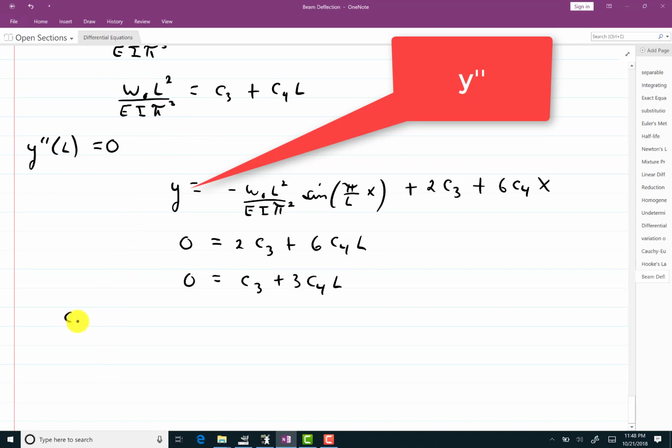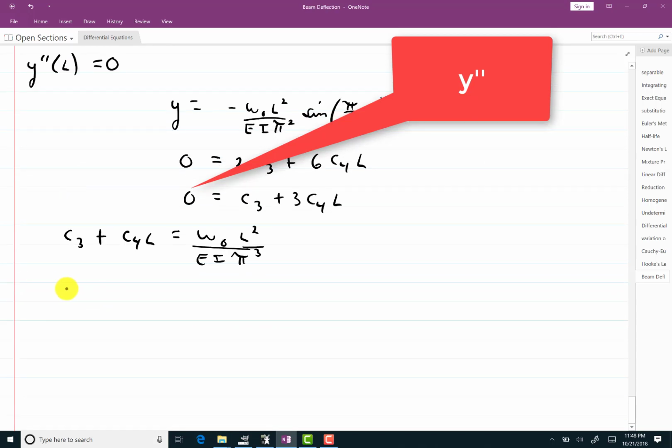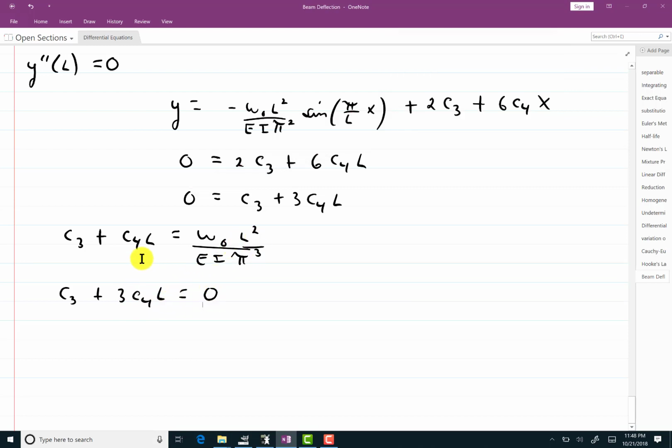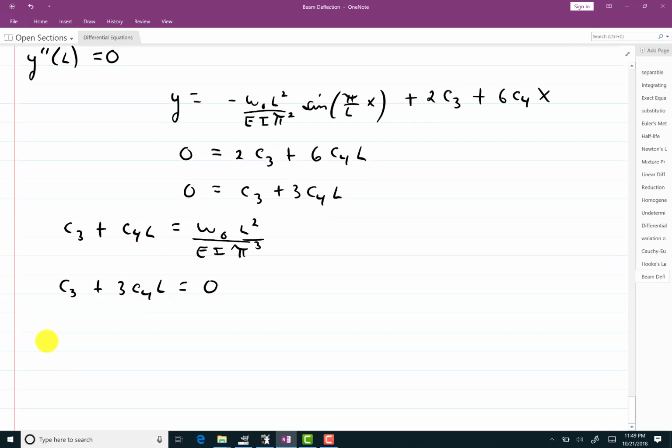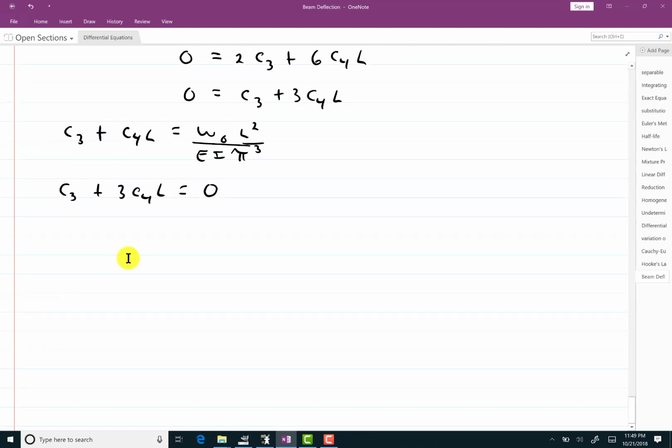So let me grab this one here with this one here and solve that system. So I have C3 plus C4 times L equals W naught L squared over EI pi cubed. And on the other hand, we have C3 plus 3C4L equals 0. Now, you can solve this simply by subtracting. You'll be able to get C4 quite easily. But I think just to remind us of Cramer's rule, I'm going to go about getting C3 and C4 using